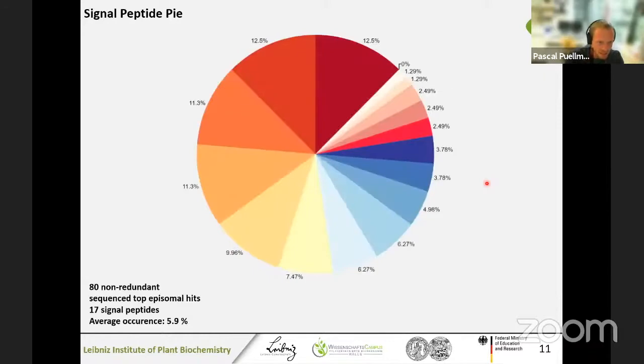Looking at the signal peptides, this was a more broad distribution. The average occurrence would be roughly 6%. And as you can see, a lot of our